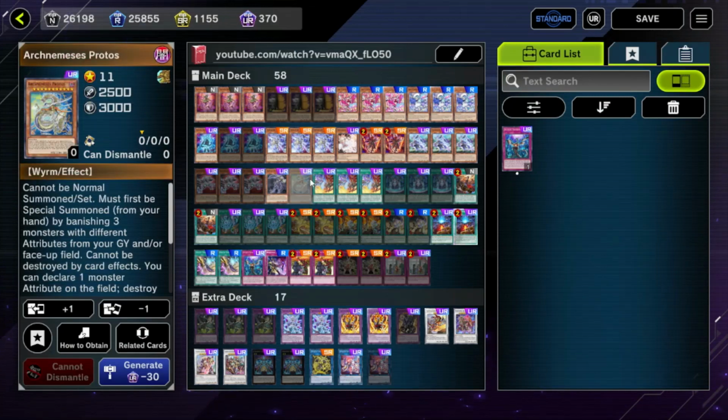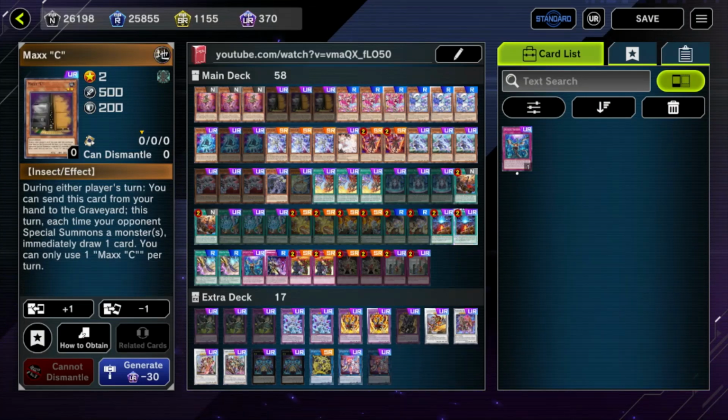Since Protos isn't something you can as easily deal with, just try not to play a dark deck that can manage all these things, and I think you're pretty solid if you can fit these generics in. So yeah, you still have to deal with Maxx C after all of this stuff, but for your sake I hope you can, and yeah, that'll be it